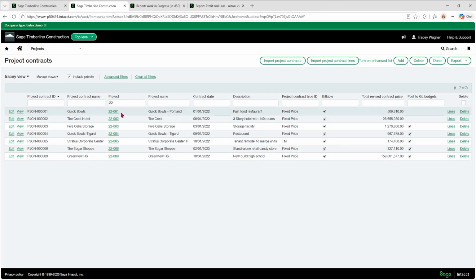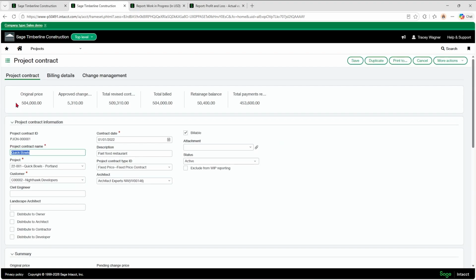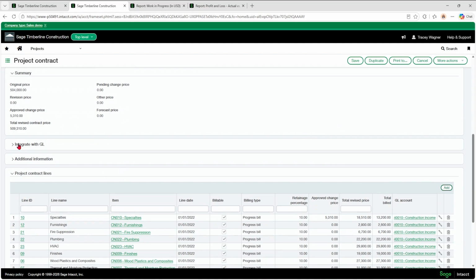Okay, Quick Bowls. So we're going to edit this and just see. I have a feeling that this is usually the issue. Maybe. Did I hit edit? Yep. Okay. So when you're setting up a project contract, one important piece is to make sure that it's integrated